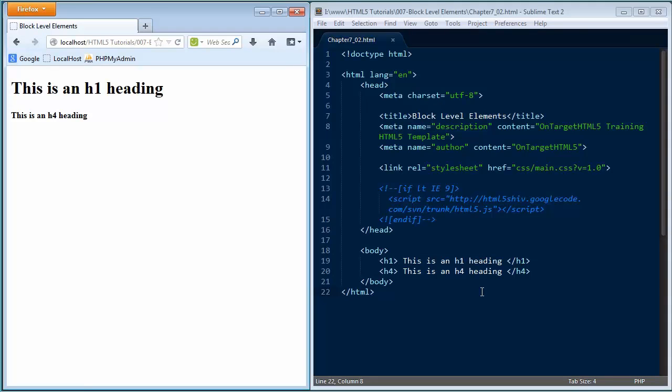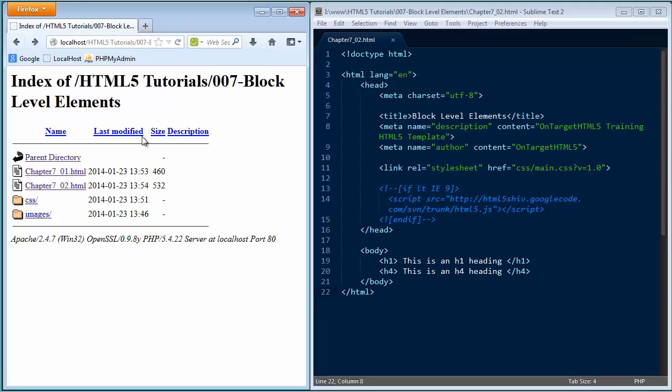Keep in mind the purpose of this tutorial is to demonstrate that these are block level elements. Now, I know they're block level elements because of the things that I've done in my development life and how many times I've used these headings, but you don't. So let me show you an easy way to determine the difference between a block level element and an inline level element. And the first thing I want you to do is notice that inside of